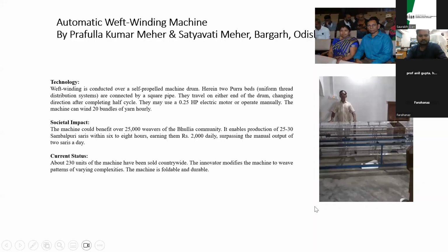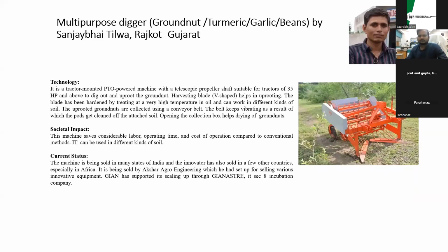हाँ भैया, तो अब क्या जोड़ नहीं पाए तुम दोबारा? चलो कोई बात नहीं, तो अभी बोलो। जमीन में से निकालने के लिए ग्राउंडनट डिगर हमने बनाया था, जो पहले हमने 2007 में। अभी सबको सुनाई दे रहा है? एक मिनट, सबको सुनाई दे रहा है? हाँ सर। ठीक है, तो बोलो। उसके बाद 2013 में। सर आवाज ब्रेक हो रही है।